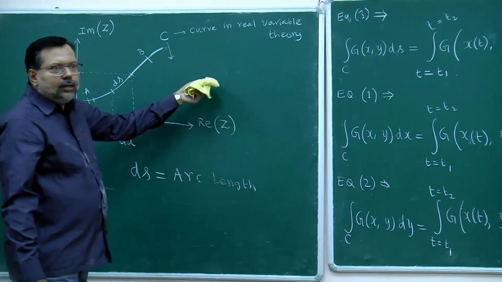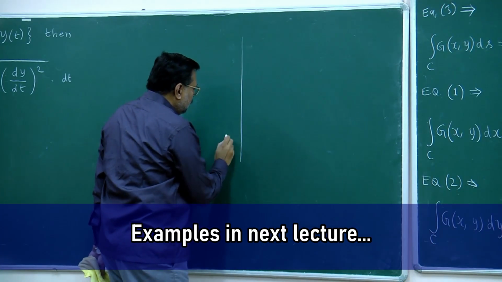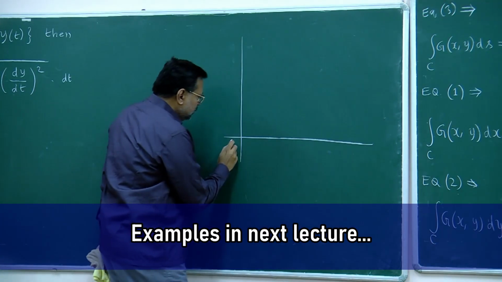So therefore, here I will write down an example. The example will contain a small diagram. So let me draw this. So you have a 0,